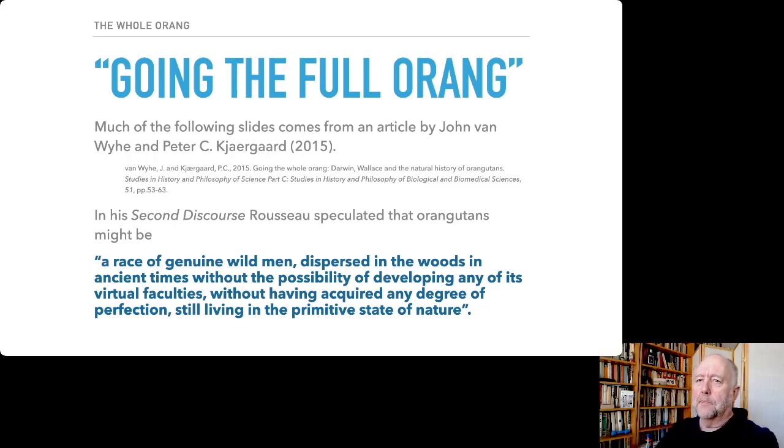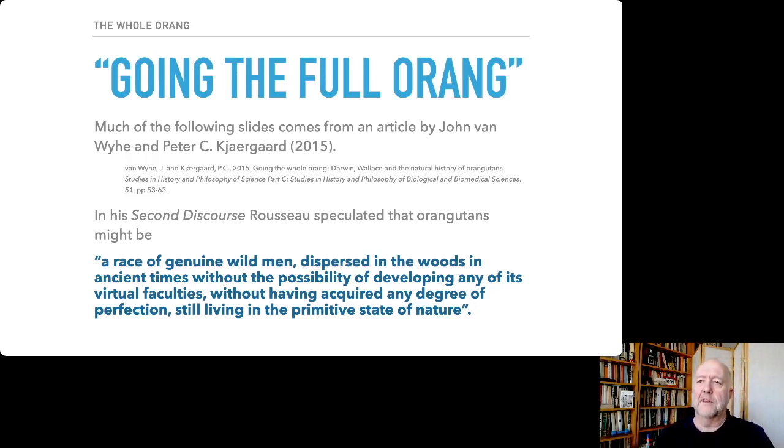So, in the century or so before Darwin, we get a number of people speculating on human connections with apes. The Great Chain of Being had held that there was a scale or a ladder which statically existed, that humans were not from apes, but they were a little bit above apes. Or to put it better, apes were a little bit below humans. But Rousseau speculates that